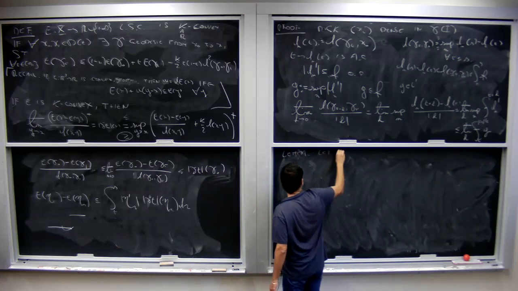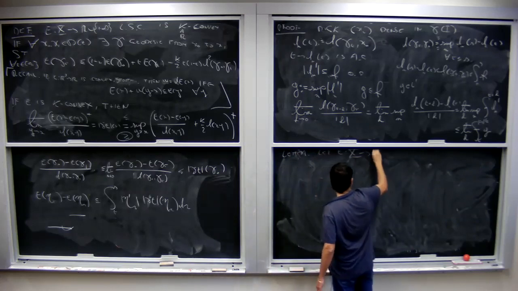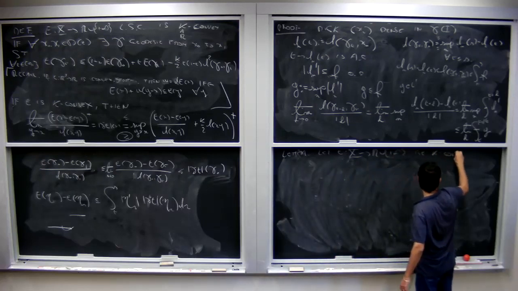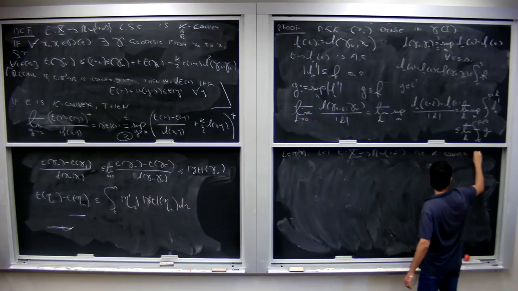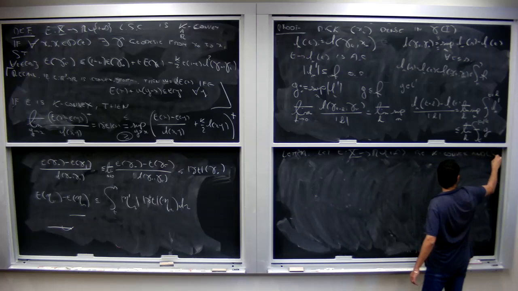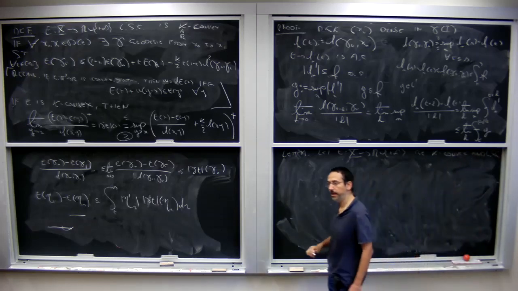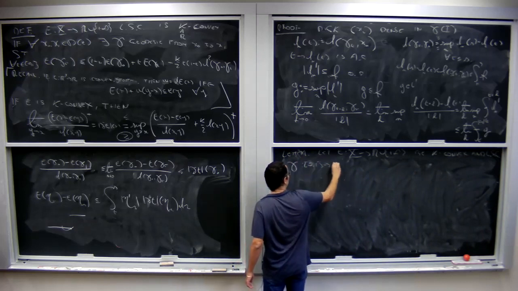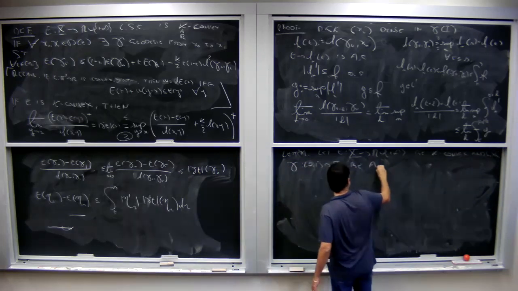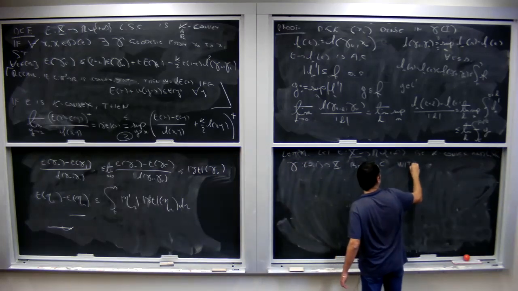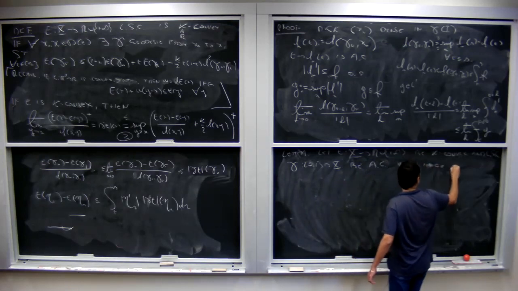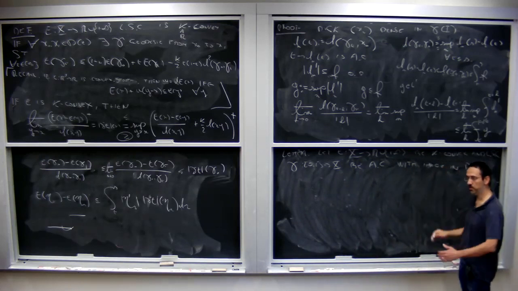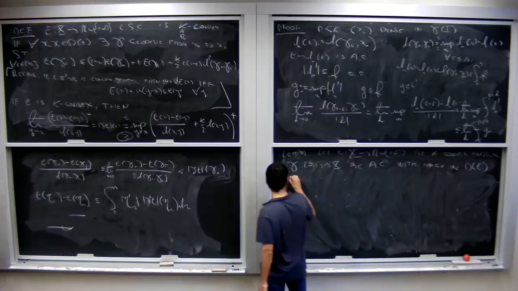Let E be, say, K-convex and lower semi-continuous, and let gamma be absolutely continuous with image in the domain of the energy. Okay, it takes values where the energy is finite. Then